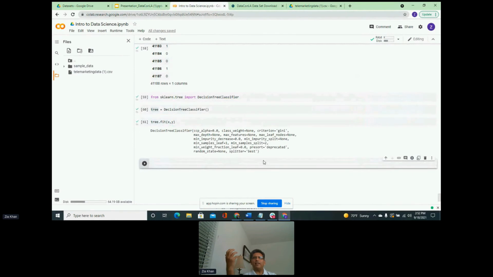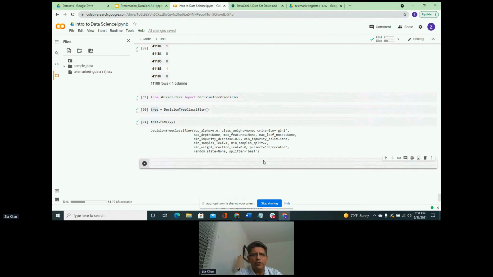Now, how do you find out if the model is good or not? What we can do is, we have this data set, and on that data set we also have whether they became a customer of ours or not. So the Y target variable is our true values. So we have true values for all of our data set. What we can do is make predictions on the data, compare them with the true values, and see how well they match.